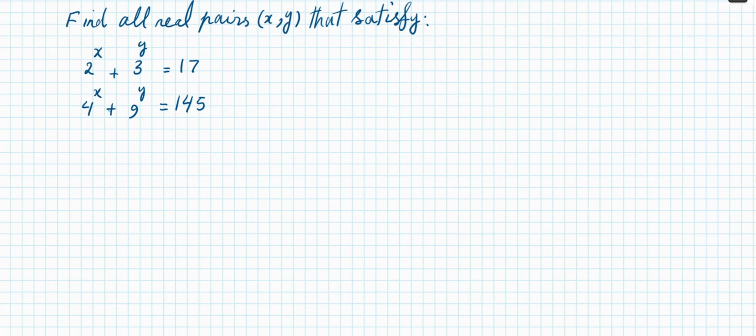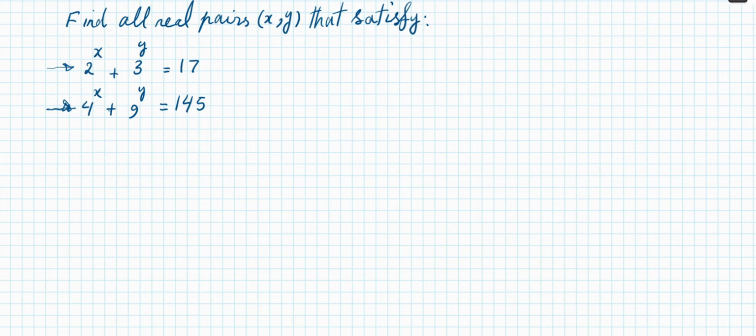Here we want to find all pairs x and y that satisfy these two equations here. So to solve this problem, we look at the second equation